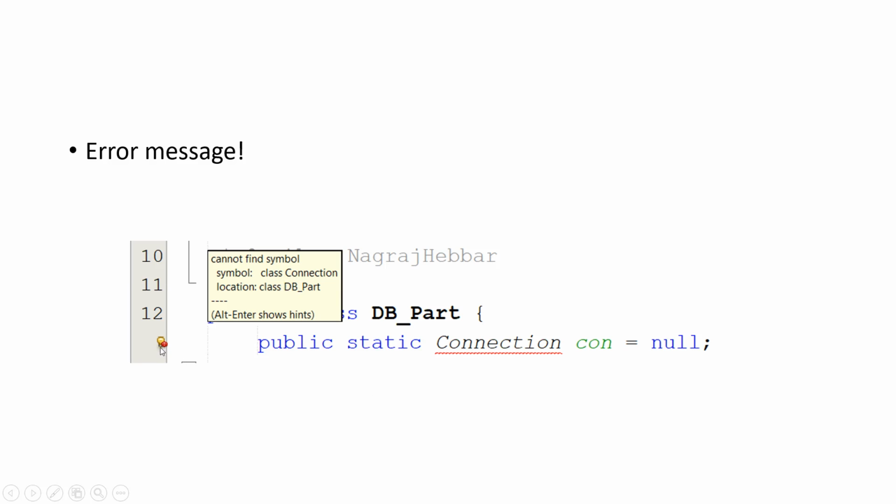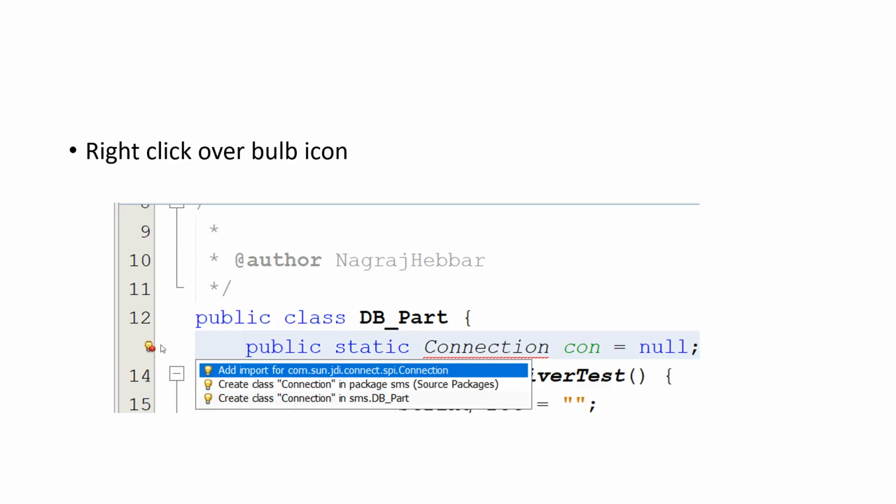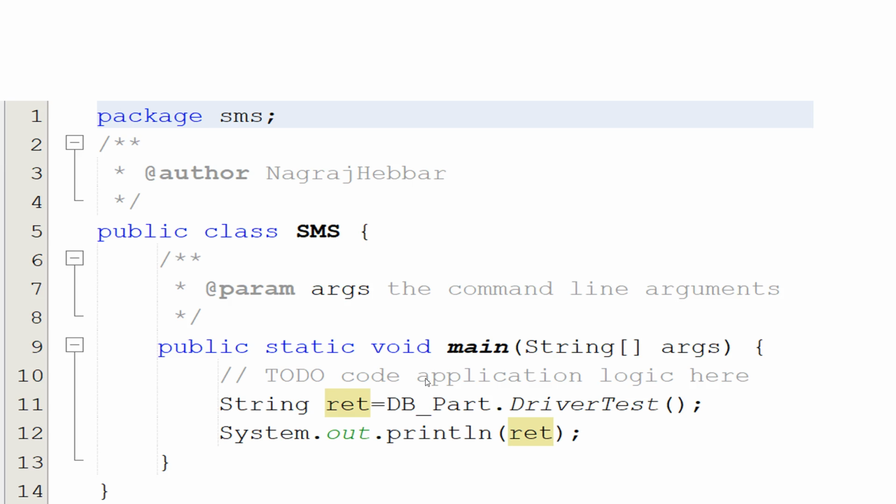To clear that one, you have to right click over here on this bulb mark. You have to right click. Then you have to choose add import sun.jdbc.connect.SPConnection. Otherwise, mysql dot, that is also correct.